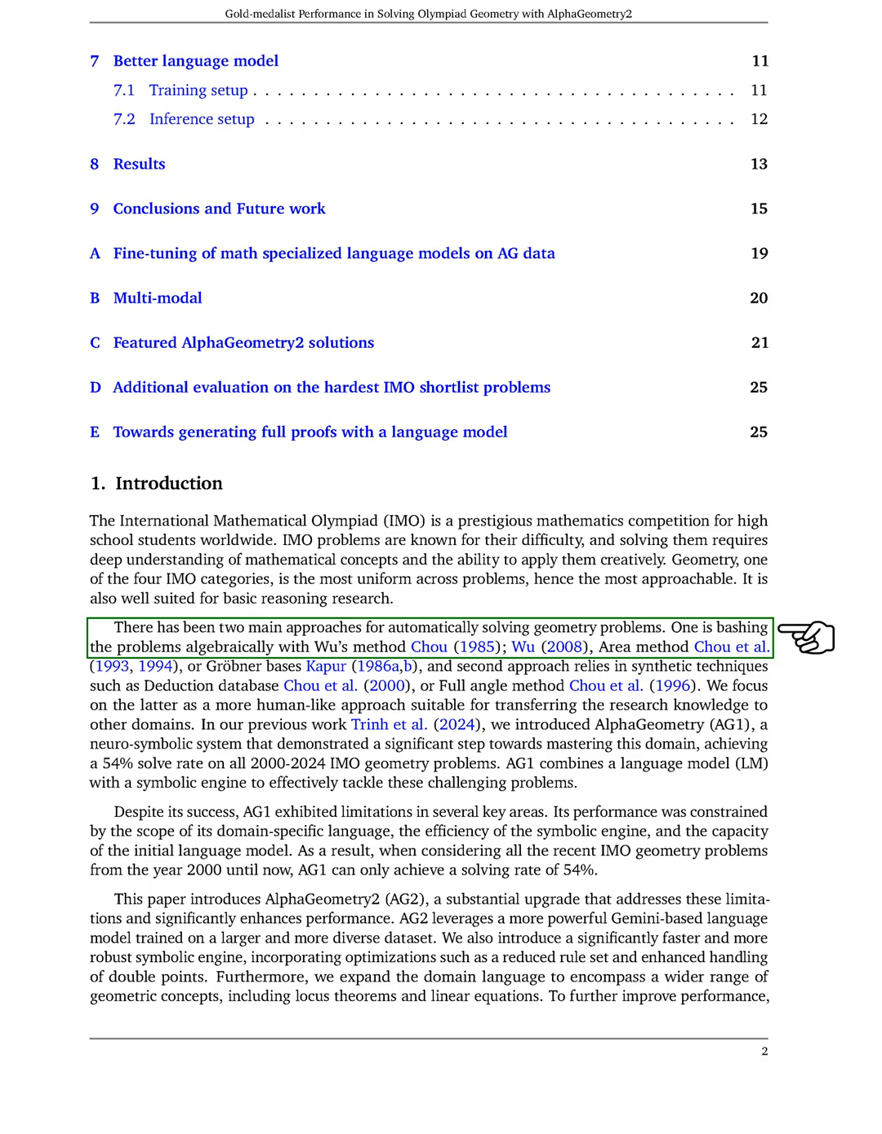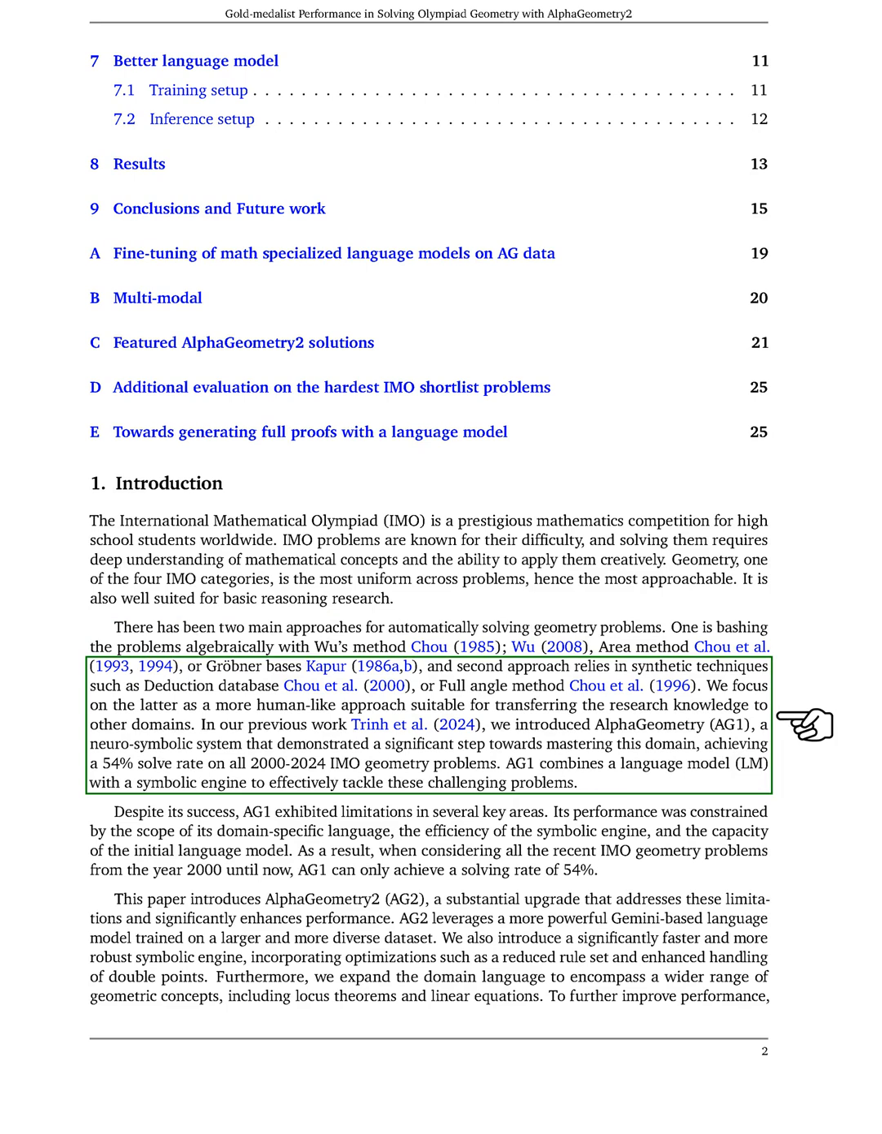The first involves algebraic techniques, such as Wu's method, the area method, or Grobner bases. The second method employs synthetic techniques, including deduction databases and the full-angle method. We concentrate on the latter, as it aligns more closely with human reasoning and facilitates the transfer of research insights